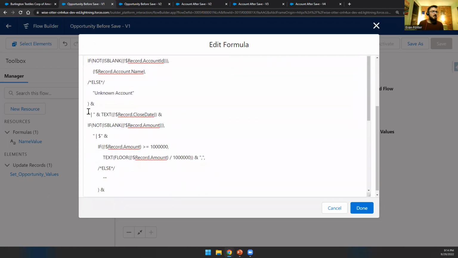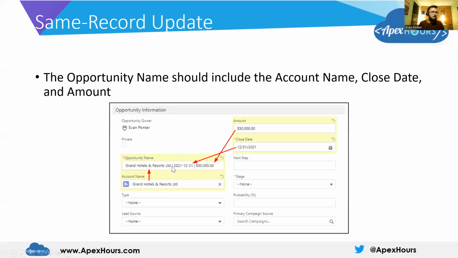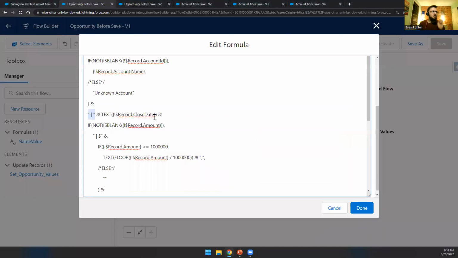Now, the next thing I'm doing is I'm using a pipe to break up the different text in the naming convention. So it looks like the requirement that we have here, where there's pipe characters in between. After that, I am putting in the close date. Now that's a date data type. So if you want to insert it into a text field, you're going to have to wrap it in a